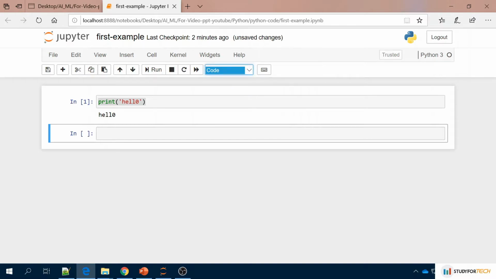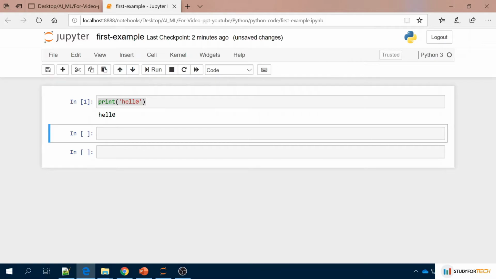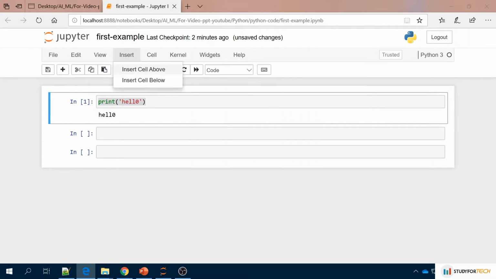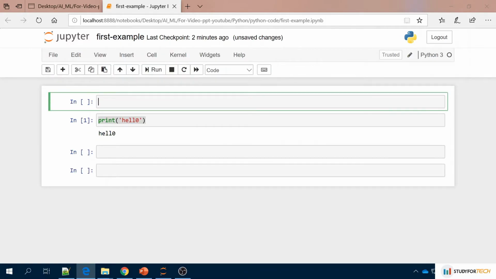Suppose you want to do some kind of annotation or documentation while writing code, and you want to highlight important things or remember them when you review the code later. How do you write that as documentation or annotation? You just insert one cell above this. Click Insert Cell Above and you'll get a new cell.